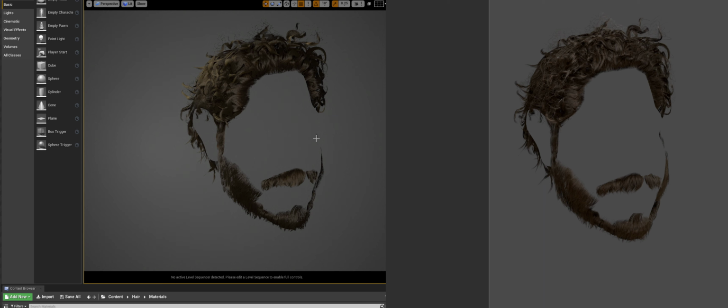In Unreal Engine, we are using a height map instead of the normal map. And on the right side, in Marmoset Toolbag, we are using the normal map and also the height map in the parallax. So it gives us great depth in Marmoset Toolbag. And in Unreal Engine, we get the depth, but compared to Marmoset Toolbag, it is a little bit low. It's not that great compared to Marmoset Toolbag.